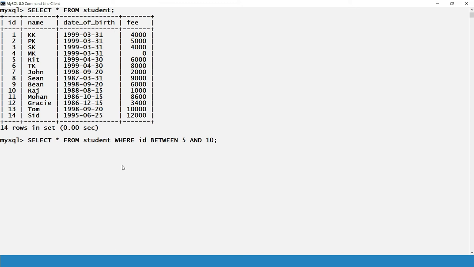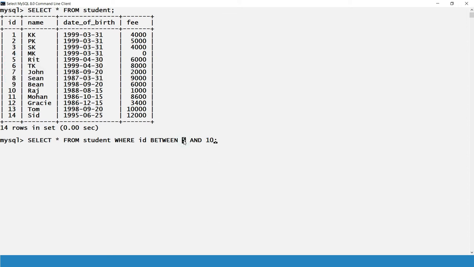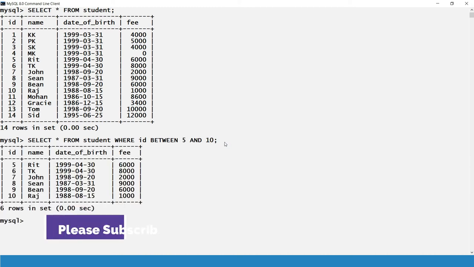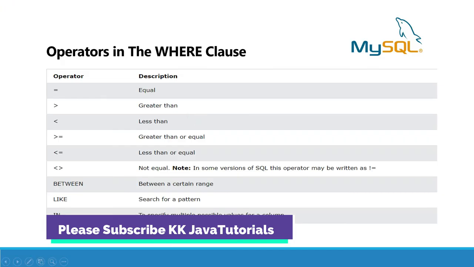What I'm doing here is selecting all the records from the student table that start from 5 till 10. Both 5 and 10 are inclusive, 5 is the starting and 10 is the last one, so it will give the records from 5 to 10. That's how the between operator works.